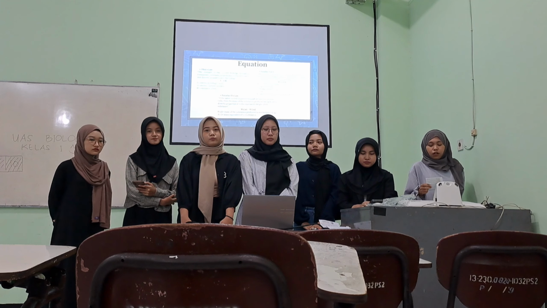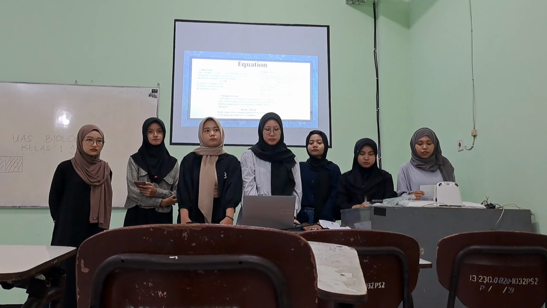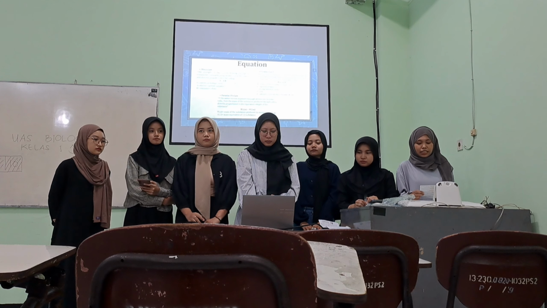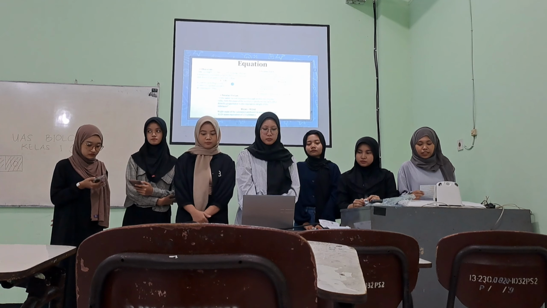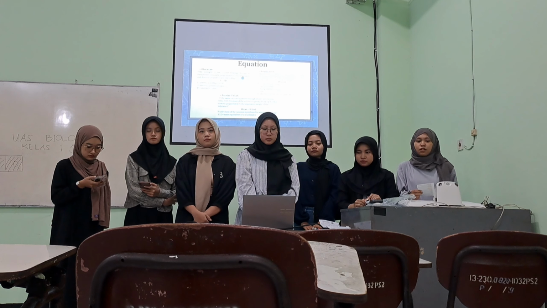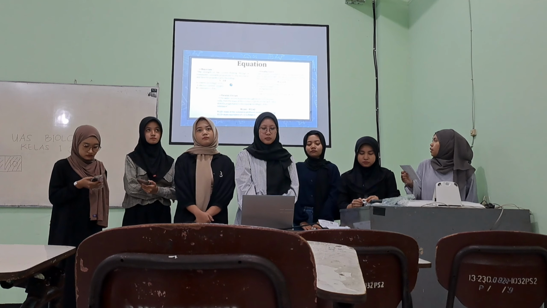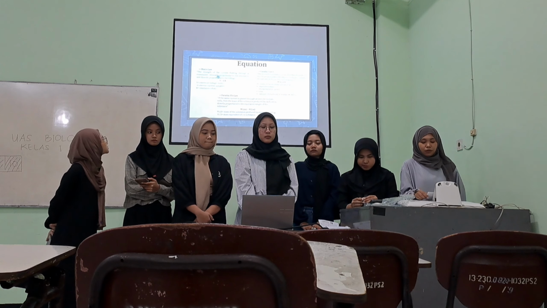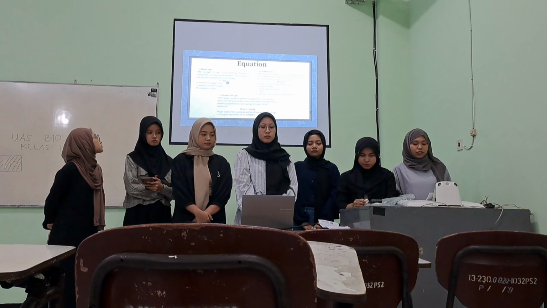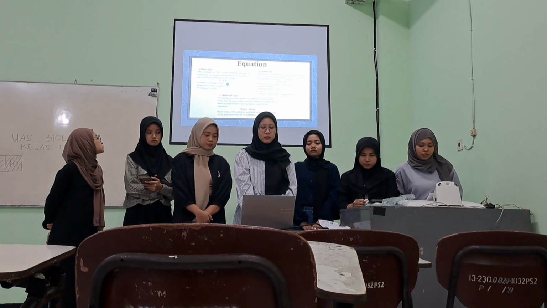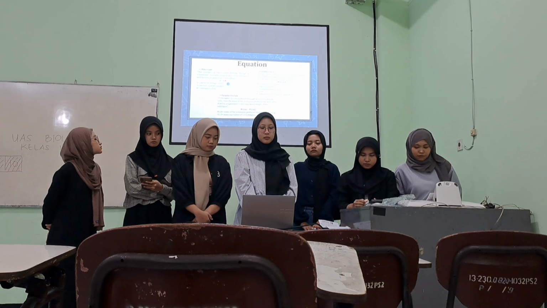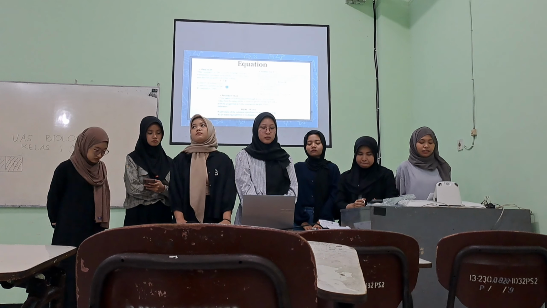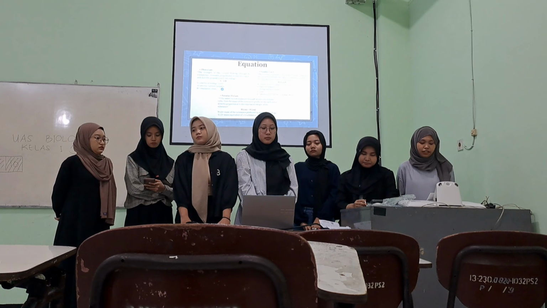So Ohm's law states the strength of the current flowing through a conductor is inversely proportional to the resistance of the system and directly proportional to the voltage. So this is the equation of Ohm's law: V equals I times R. V is electrical voltage, I is electric current, and R is resistance.